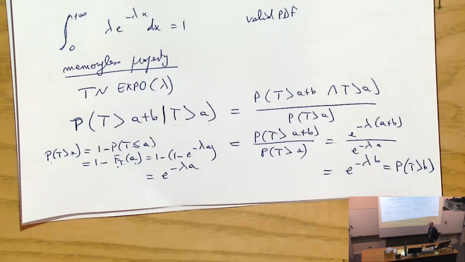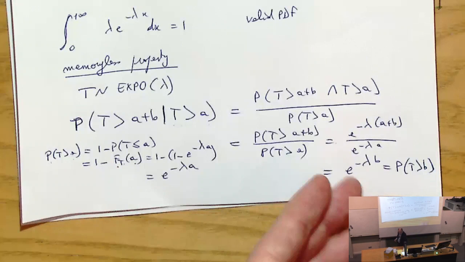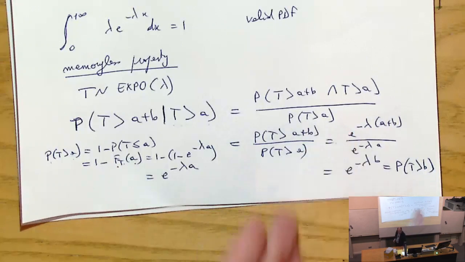So you see, this is a case where this memoryless property really applies to some specific behavior. It cannot be used to model anything. So the lifetime of a human being is not something that will be modeled using an exponential distribution, but it can be used to model